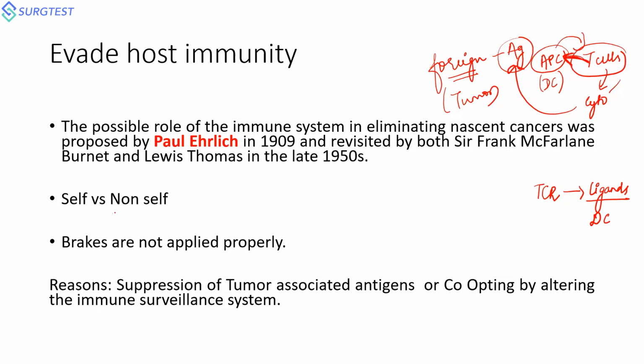So that is very important. The body has to identify and differentiate self and non-self. This is not possible. That is why your tumor cells are at leisure, able to proliferate and multiply. This is exactly opposite to autoimmunity, where your normal cell itself is being identified as an antigen cell. That is being different.